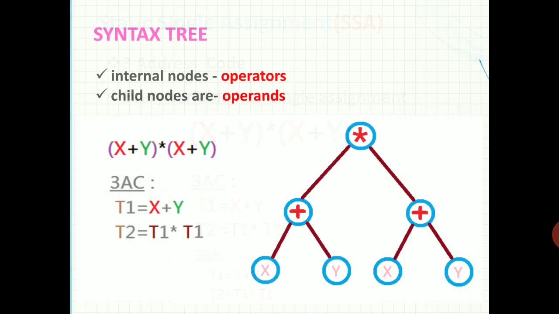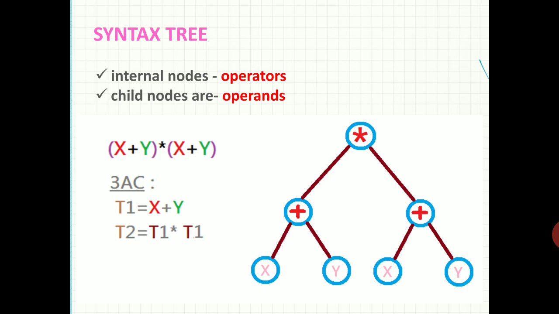The next representation is the syntax tree, which comes in the non-linear representation of the intermediate code. It is like the parse tree, but in this particular syntax tree, the internal nodes are operators and the child nodes are operands. You can see that the expression x plus y star x plus y has two operators, plus and star.